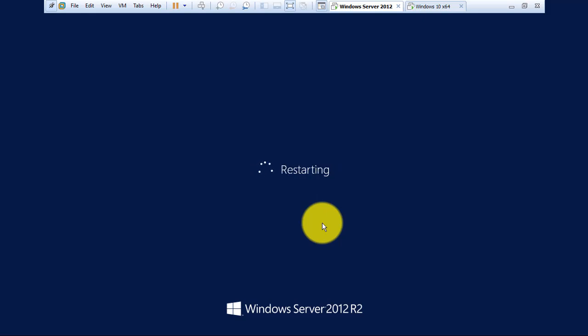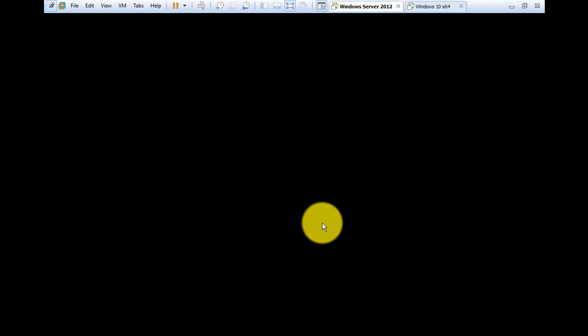Now installation and configuration is over. Now the server is restarted. After the server restarts, we are going to log in as an administrator.